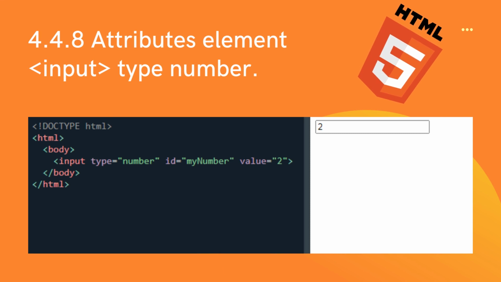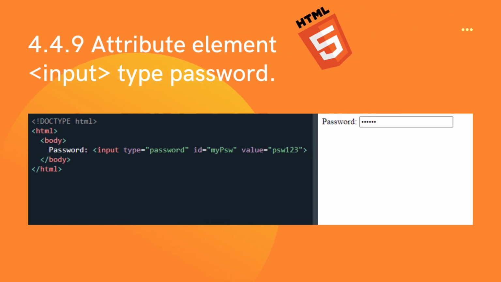Attribute element input type number. Type attribute returns the type of the form element, the number field. Value attribute specifies or returns the value of the value attribute of a numeric field. Example: attribute the element input type password. Type attribute returns the type of the form element, the password field. Value attribute specifies or returns the value of the value attribute of the password field. Example: